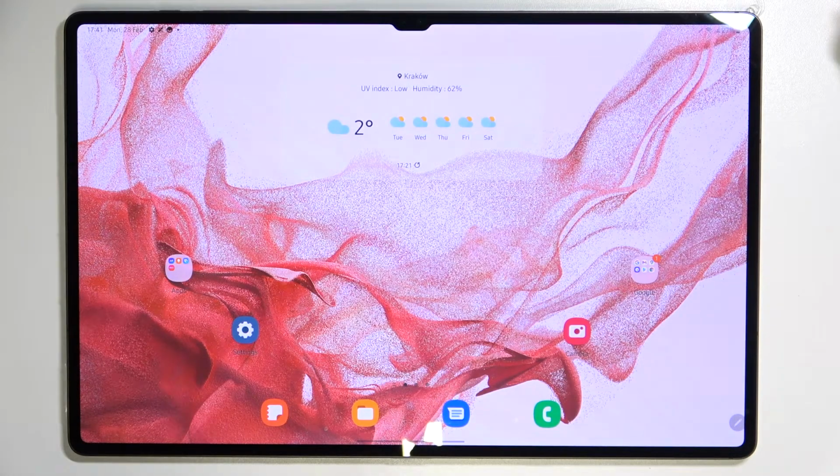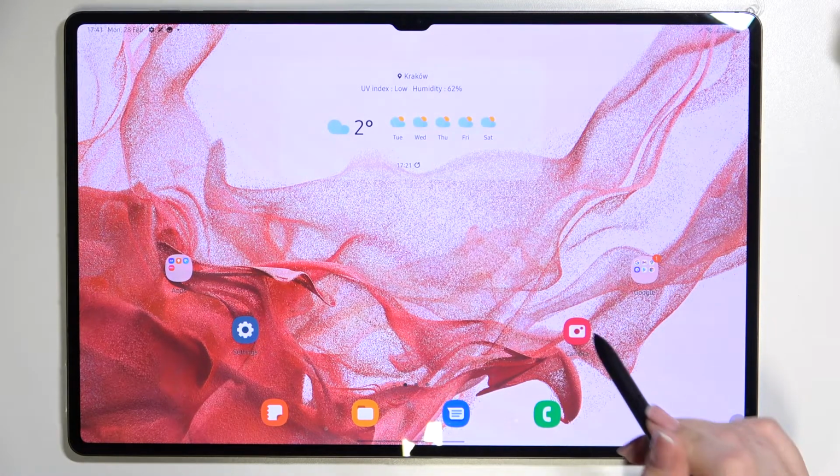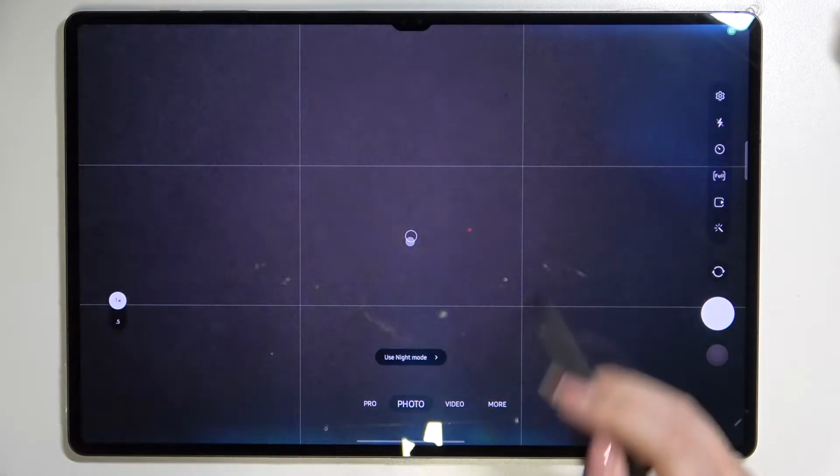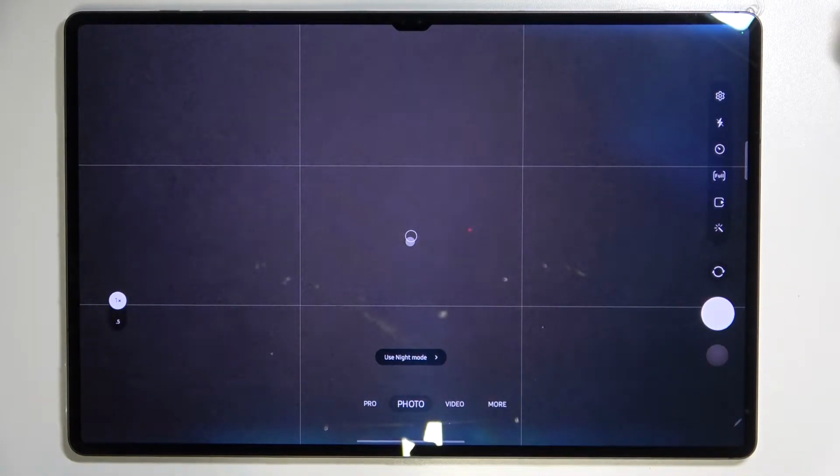Hi everyone, in front of me I've got Samsung Galaxy Tab S8 Ultra, and let me share with you how to reset camera settings on this device. So first of all, let's enter the camera app, and I hope that you can see those grid lines. I've applied them just before I've started the recording. It is because I'd like to show you the actual difference, so the actual evidence that the reset option will